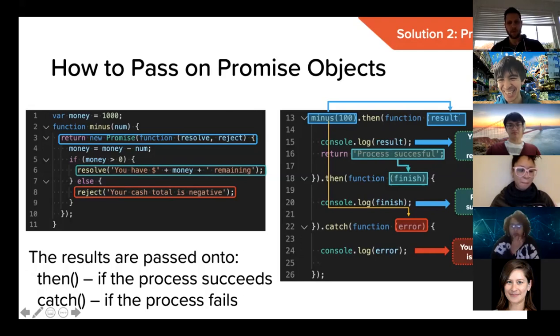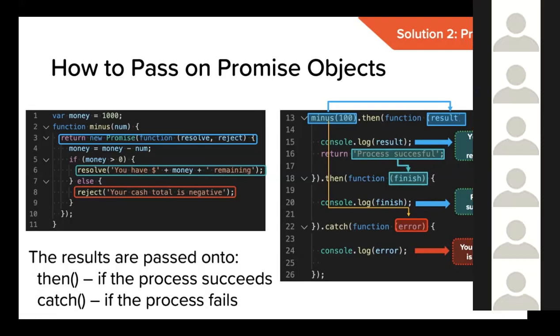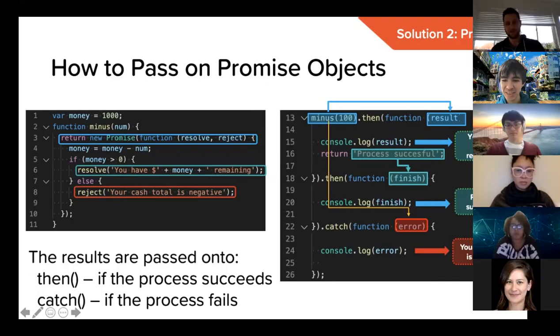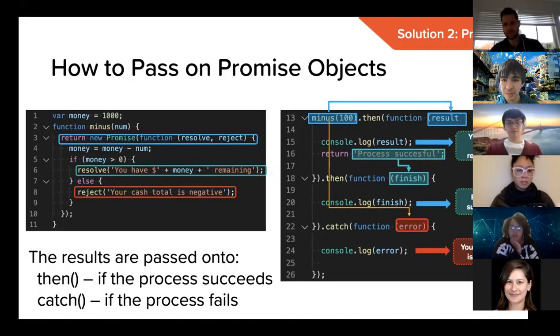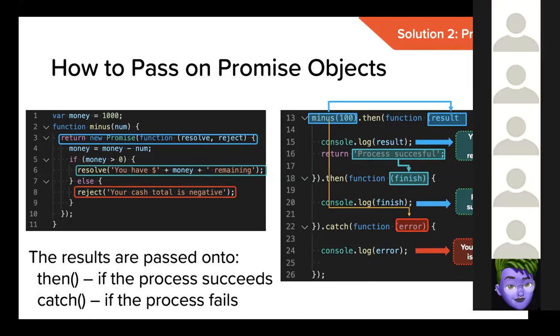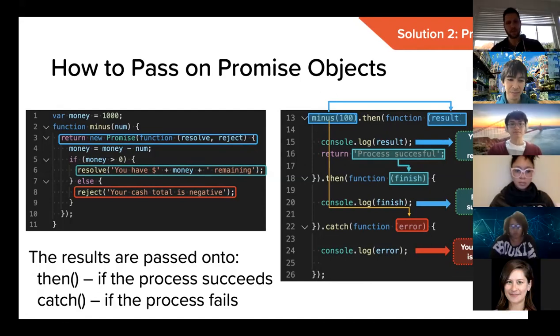Right. So we've calculated the outcome of minus 100. We've put that outcome in result. Then console log, we've got $900 remaining, and we return process successful. And we return it into the next then function. Okay, and then we finish. So we pass process successful into the finish parameter because that's what's returned. We console log that, and then